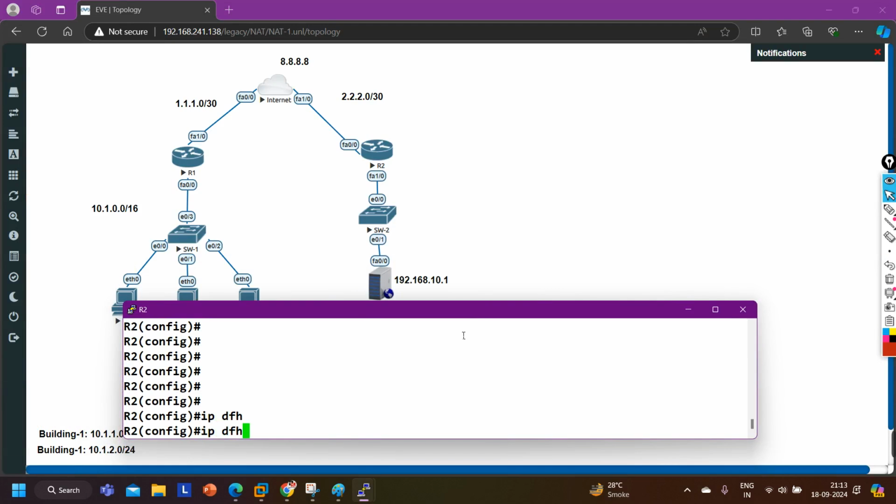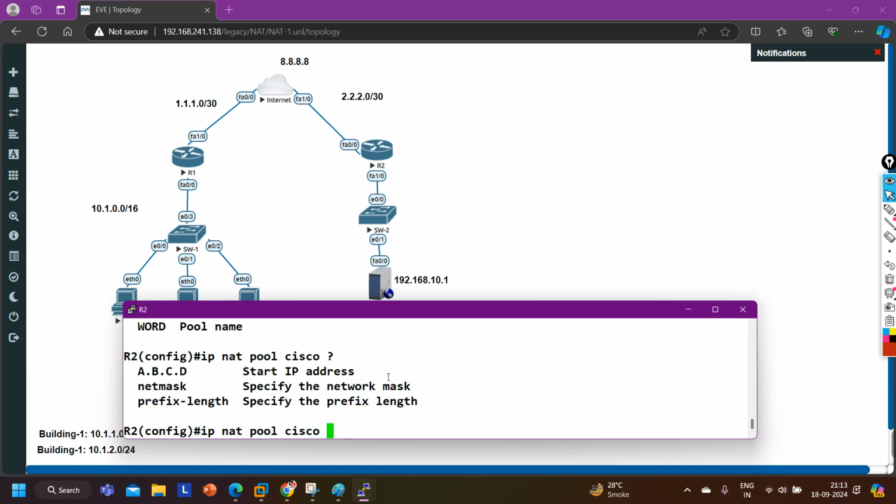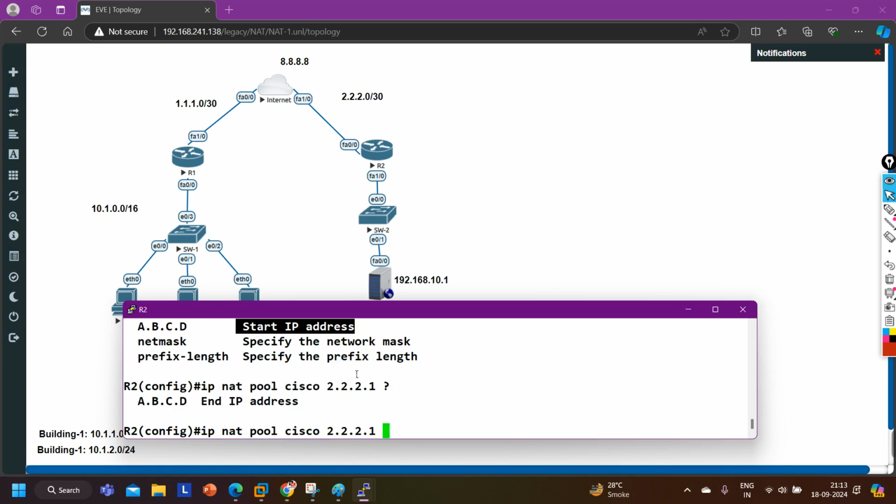So IP NAT, and then I am saying pool this time. The name of the pool is, let's say, Cisco, and the starting IP address in the pool, let's say my first IP address is 2.2.2.1, and the last IP address in the pool is, let's say, 2.2.2.6.